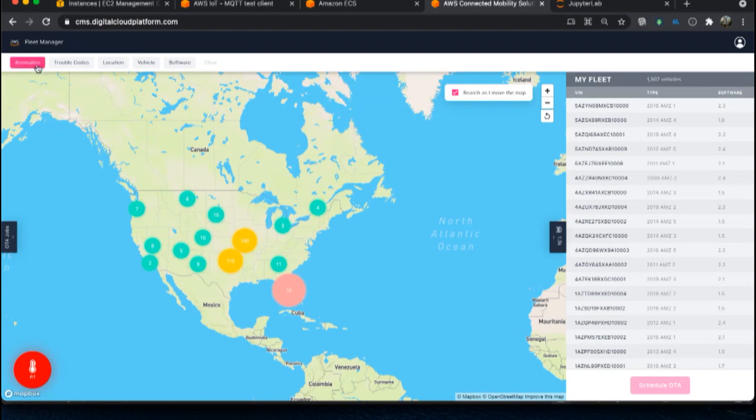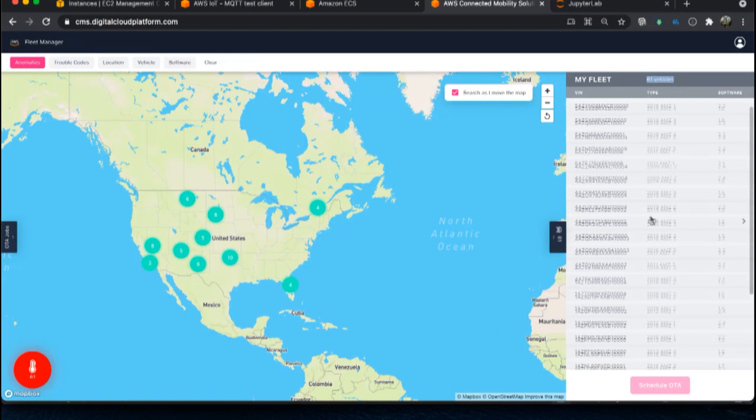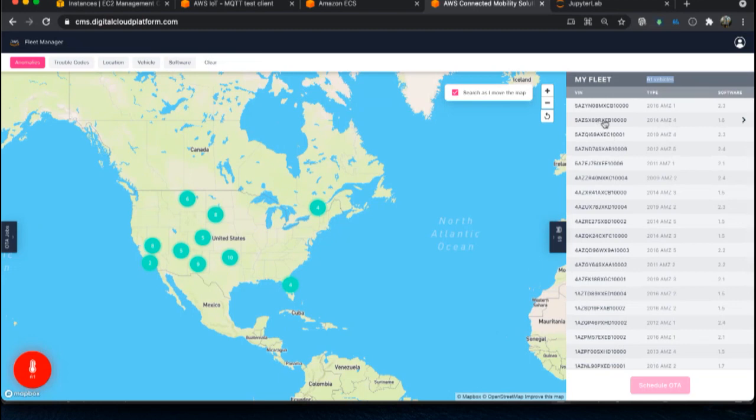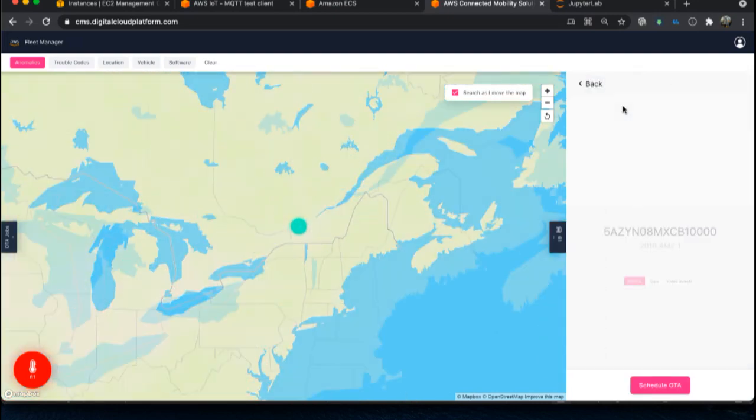Now if we focus on the tabs here, we have anomalies. Anomalies is the oil temperature, so right now it shows 61 vehicles reported an oil temperature anomaly. We can filter those vehicles by clicking and doing a save, which should load all those 61 vehicles on the right hand side dashboard. We are displaying the VIN number, type, and the software version used on that vehicle. So if you go inside,